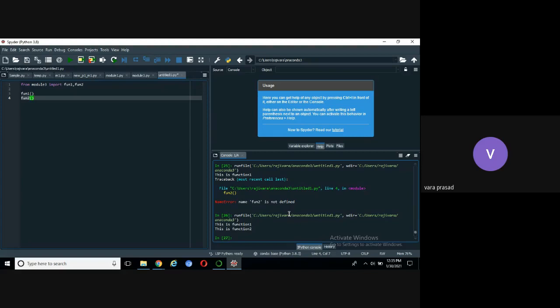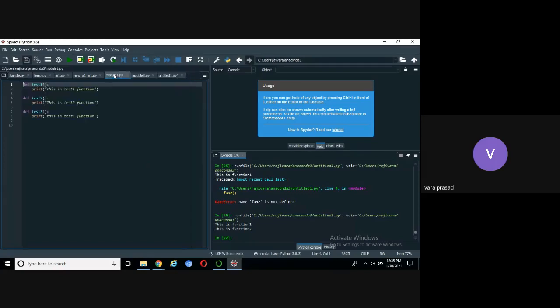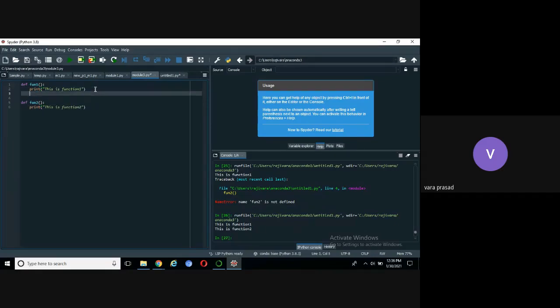You want to import function 1, but you want to call function 2 also. How? Can go to module 1, module 3, na? So directly in function 1, call function 2. No, sir, in untitled.py. Directly. Yes. We cannot, na? No, can we write module 3 dot function 2? Okay, right. You're asking module 3.